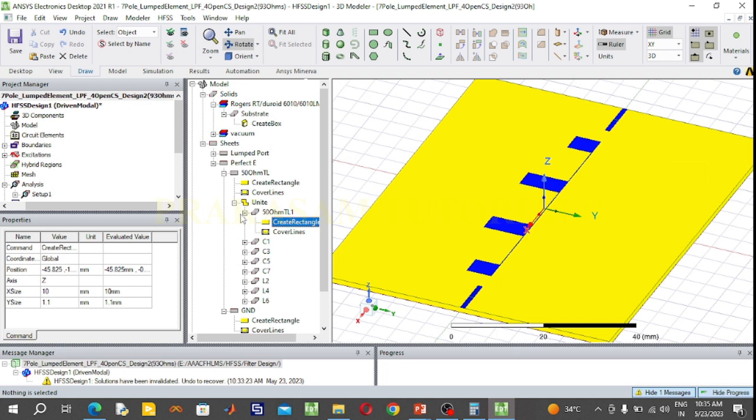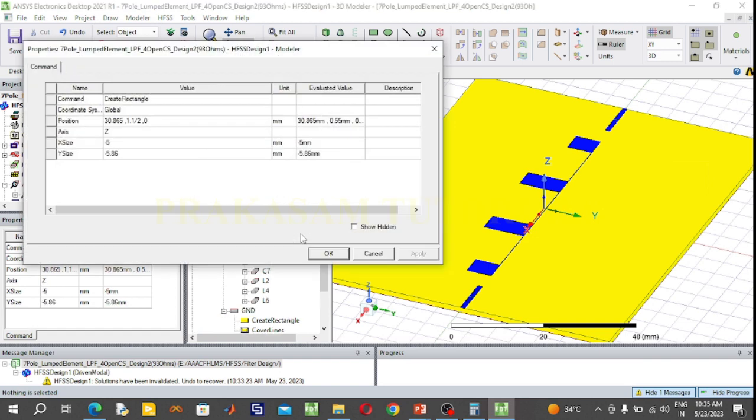Next element is 4 open circuited stub. First open circuited stub element is capacitor C1. So change the dimensions of the capacitor C1, and the capacitor C1 x size is 5 mm and y size. So now the capacitor